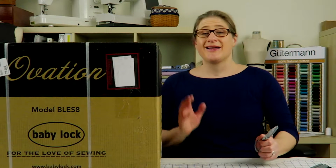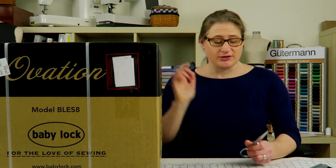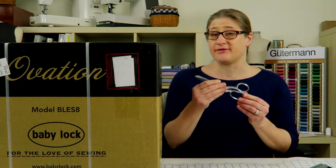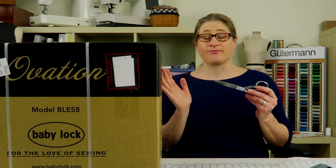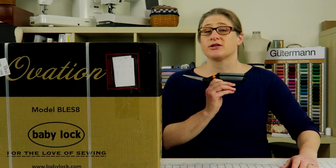The first thing you want to do is make sure you have the proper tools to open your machine. Now, you get your machine into your sewing room and what happens? You don't have any paper scissors. You're very tempted to use your expensive, sharp fabric scissors, and you say to yourself, it's just this once. Don't be tempted. Get yourself your paper scissors and have those ready to go, because you don't want to damage